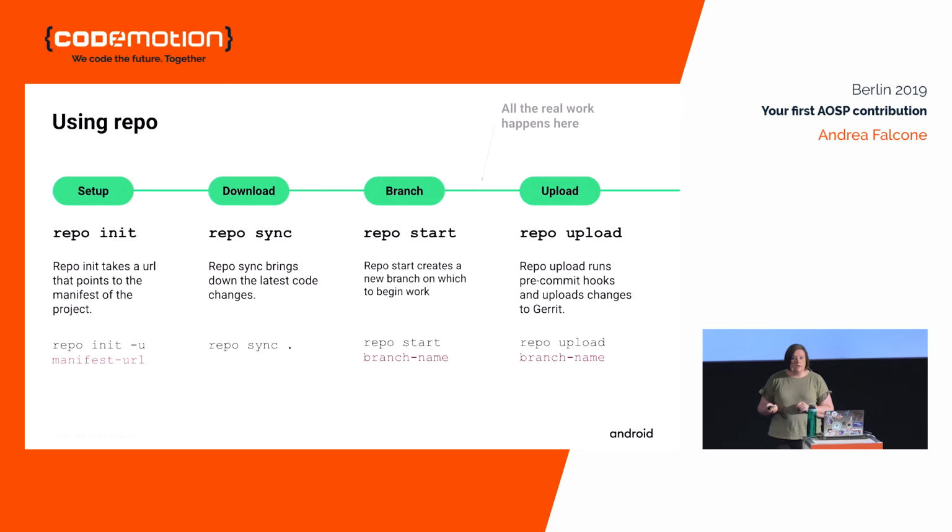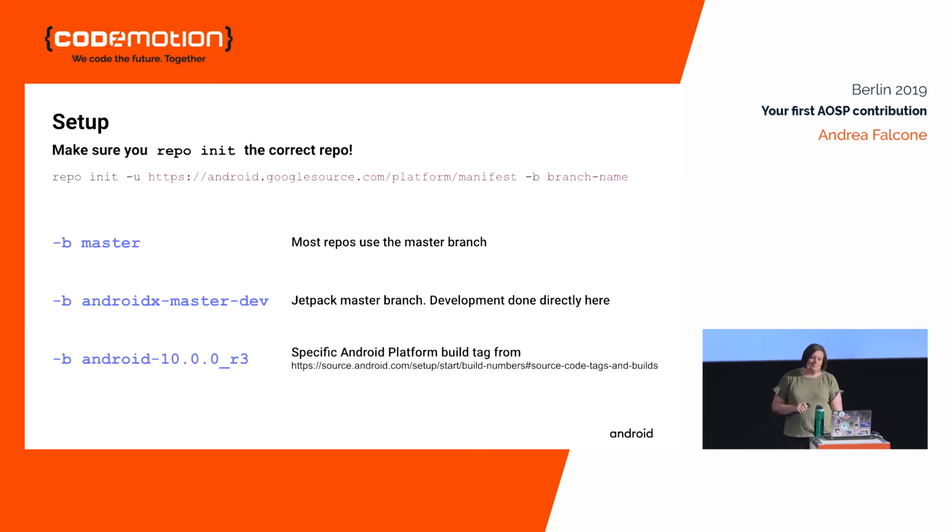And repo start is sort of like checking out a new branch. And then upload is finally how the code actually makes it to our code review tool. And I have a sneaky little note: all the hard work actually happens in between those two steps. That's where the coding happens. We'll get there. So as I mentioned, the manifest URL tells you which code actually is going to get checked